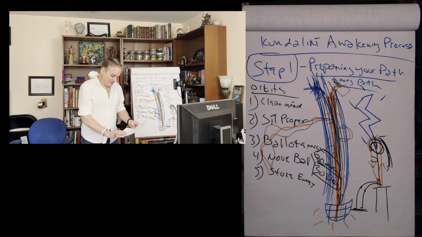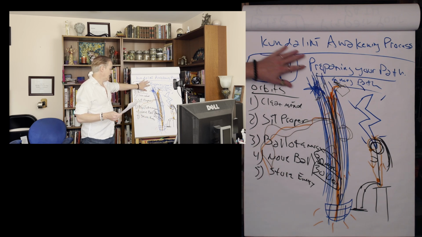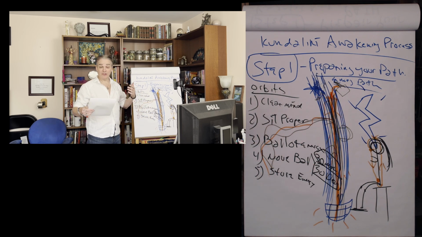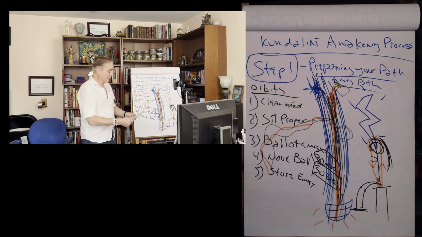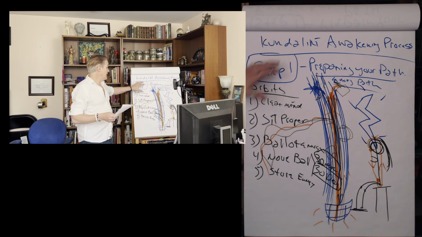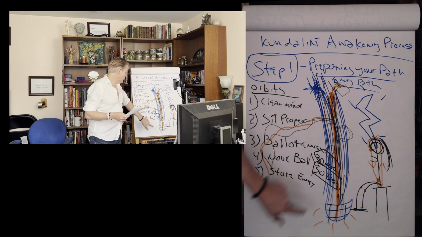And so that is the bare bones of running your orbits. There's a far more detailed version. I'll probably do a step-by-step, do this process with me as an actual physical exercise in another video. We've got a blank page. So that's pretty much step one. It's fairly straightforward. It does take work, 30 minutes for 30 days.